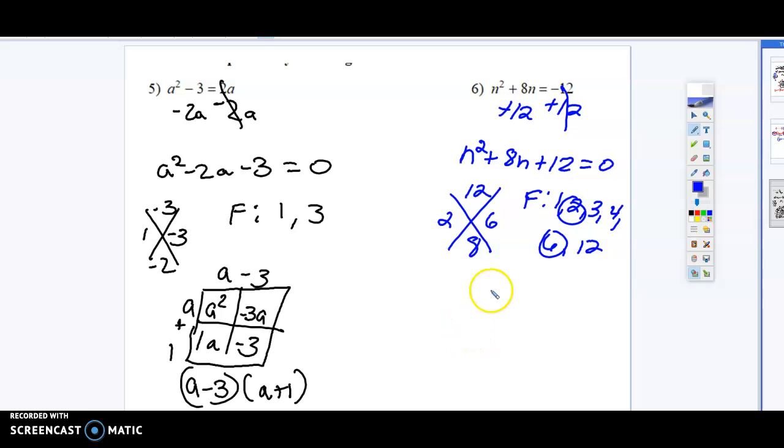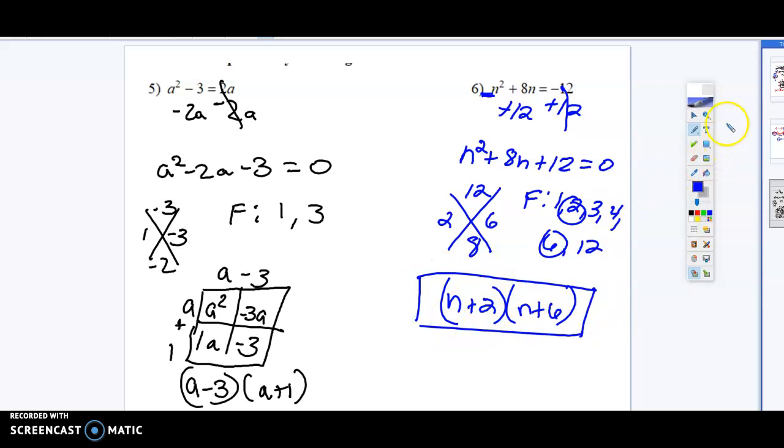So on this one, I'm just going to show you the connection. We're not going to do the box part because our coefficient is 1. So we really don't have to do that. You want to save ink or paper or whatever. So my final answer is going to be n plus 2 times n plus 6. And it would be the same thing if you actually did the box method. So there's just a quick tutorial on how to factor